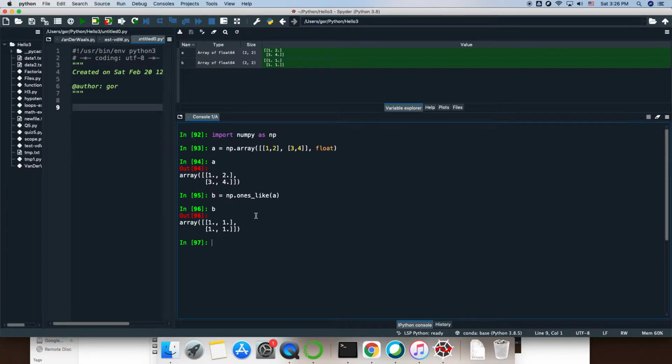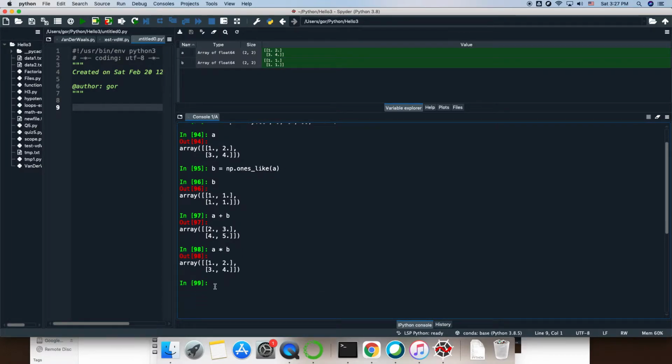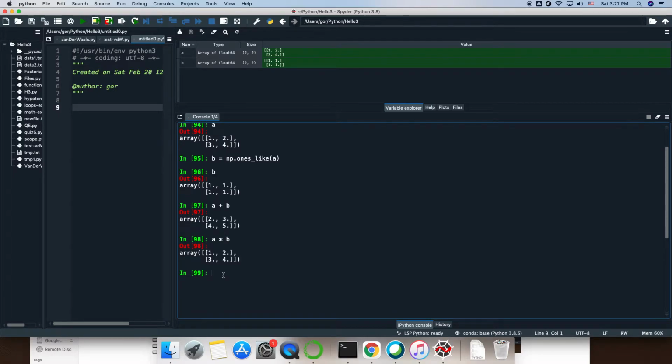All right, let's do some math on them. We can simply add A and B, and each element here would be the sum of the corresponding elements in those arrays. We can do A times B, and again, it's an element-wise operation with a very easily predictable result. A divided by B, well, that's again not going to make much sense because we're dividing by 1. To illustrate it, let's